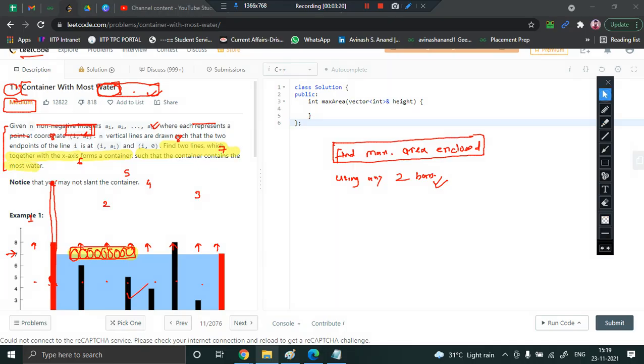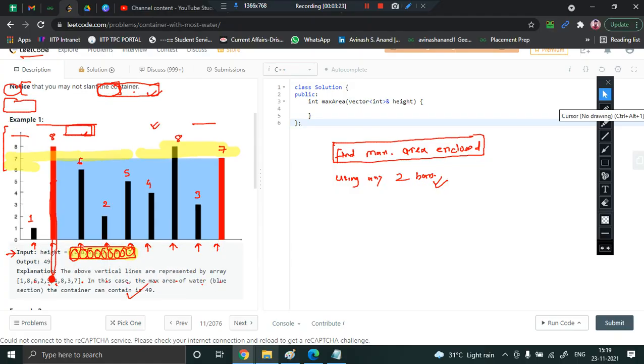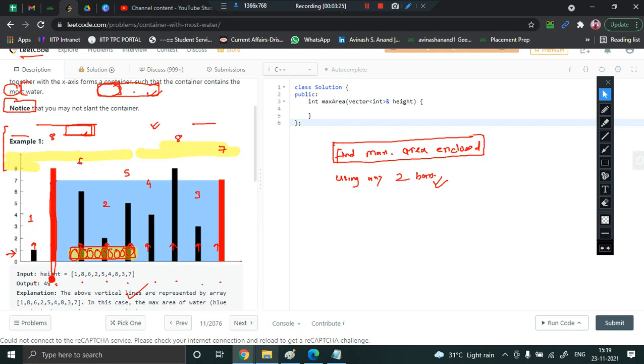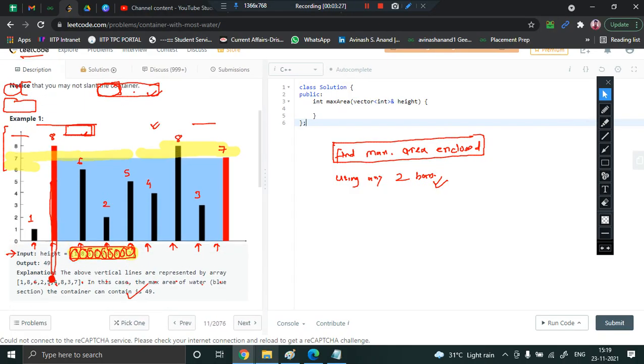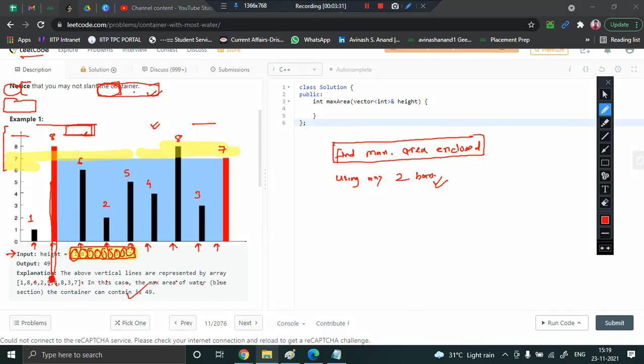You can see the blue region here actually represents the water. As per the input they have given, if I take this bar and this bar, the maximum area enclosed will be this part, isn't it? And the area of this will be how much?